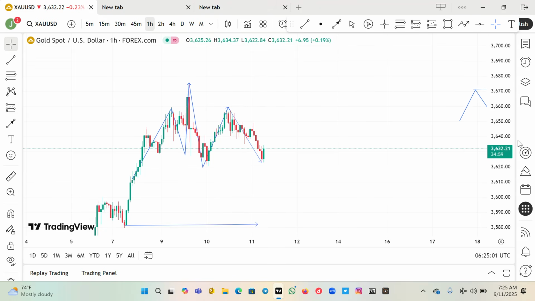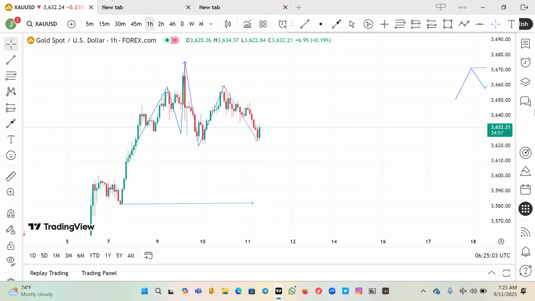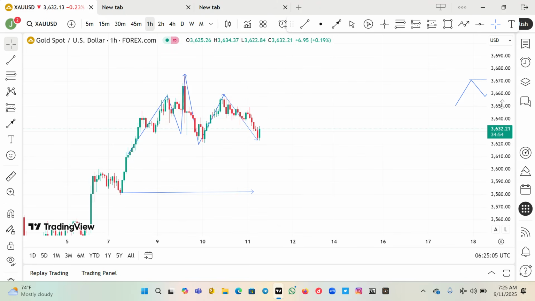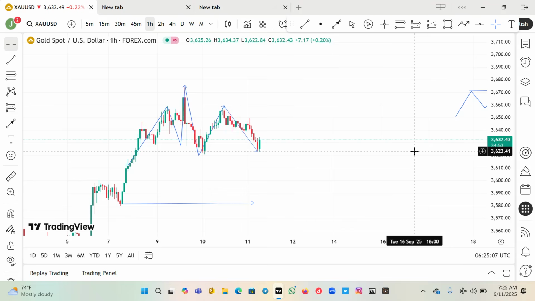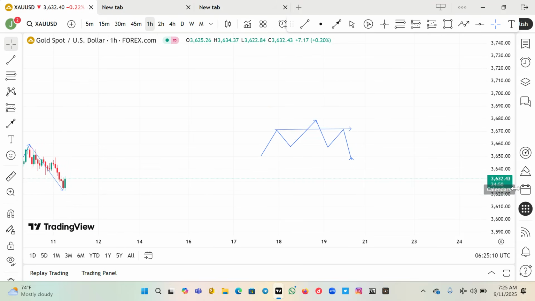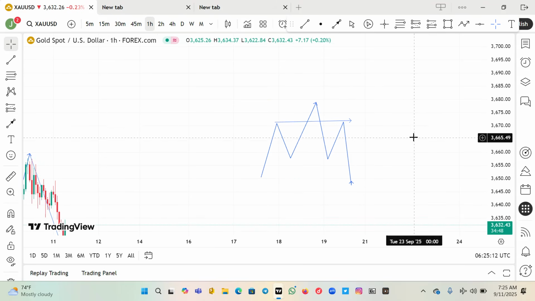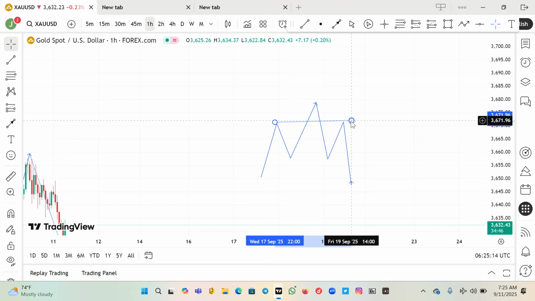Now, I'm going to show you guys where this market will sell to before we start learning how to take a sell. I learned something some time ago, and I found out that